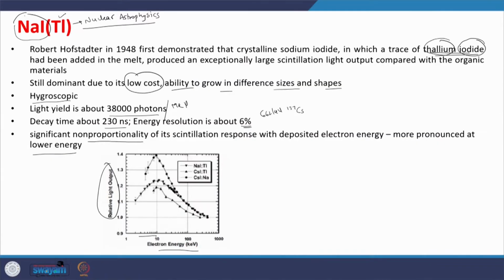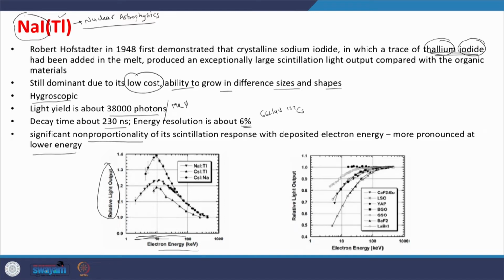So, this electron, while losing its energy, creates further electrons and holes whose recombination gives rise to the emission of optical photons. That is the reason on the x axis I have plotted the electron energy, and you can see mainly in the low energy range, like 1 to say 100 keV, the non-proportionality is very high, and after 100 keV or say 300-400 keV, the non-proportionality is not very